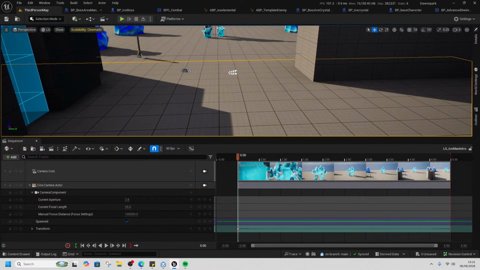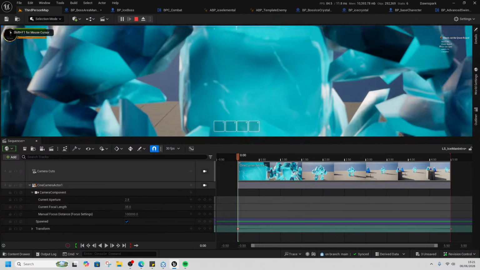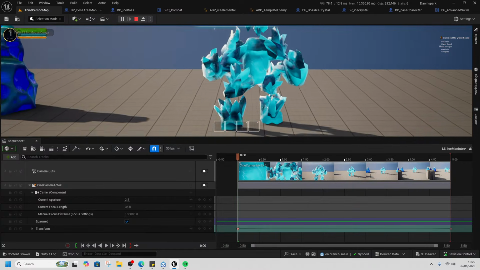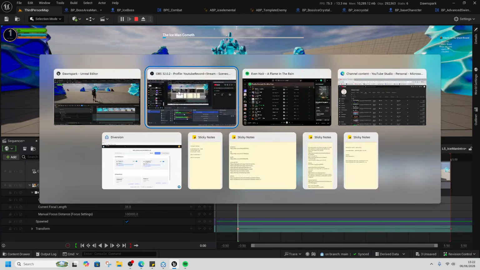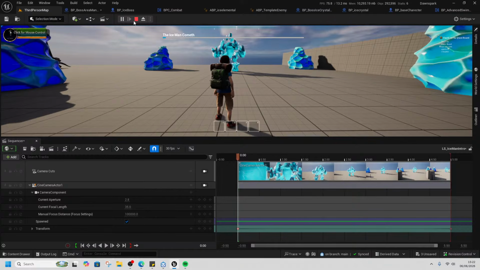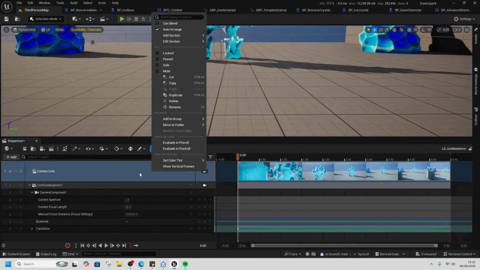Save this. Get rid of this. So I'm still able to move around, which is not really what we want, but